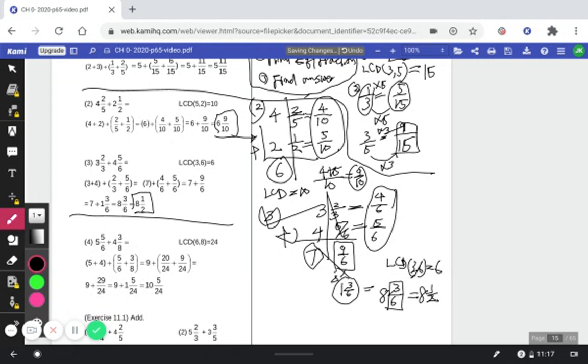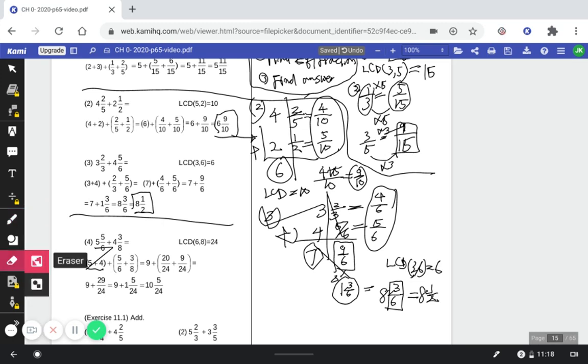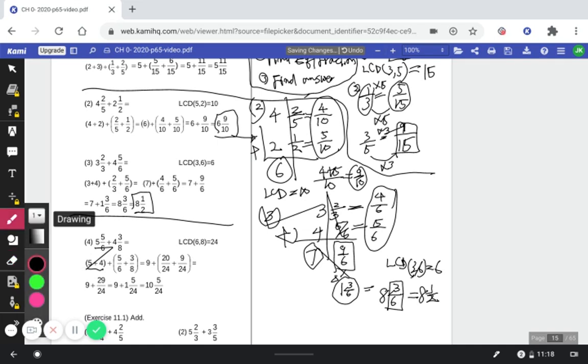So now number 4, when you add 5 and 5/6 with 4 and 3/8, you add the integers together, and then the fractions, you add them together. So when you do that, 5 plus 4 becomes 9, and